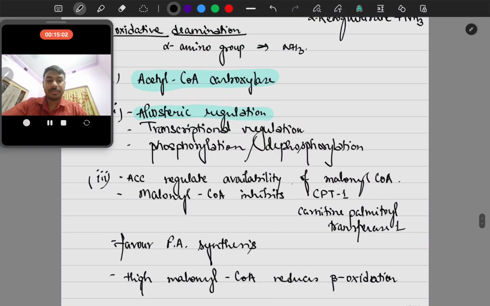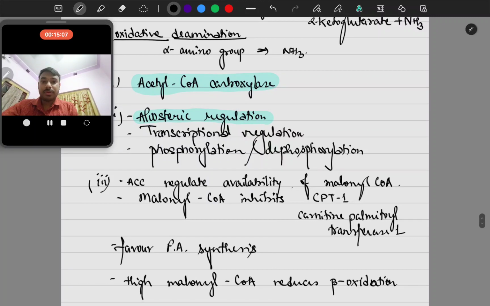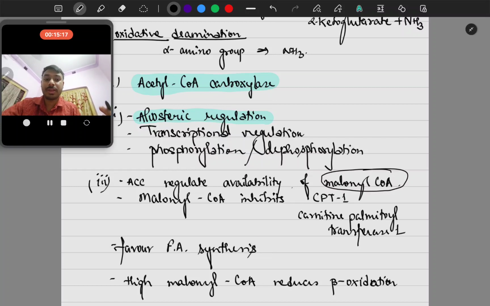Beta oxidation of the fatty acid is controlled by the enzyme acetyl CoA carboxylase, which regulates the activity of malonyl CoA. Malonyl CoA inhibits CPT1. CPT1 is carnitine palmitoyl transferase 1. As you should remember, it is helpful in the transportation process of the fatty acid from the mitochondria to cytosol